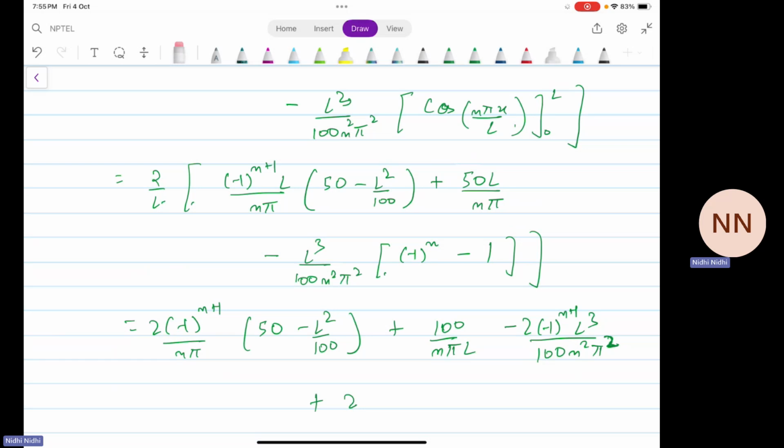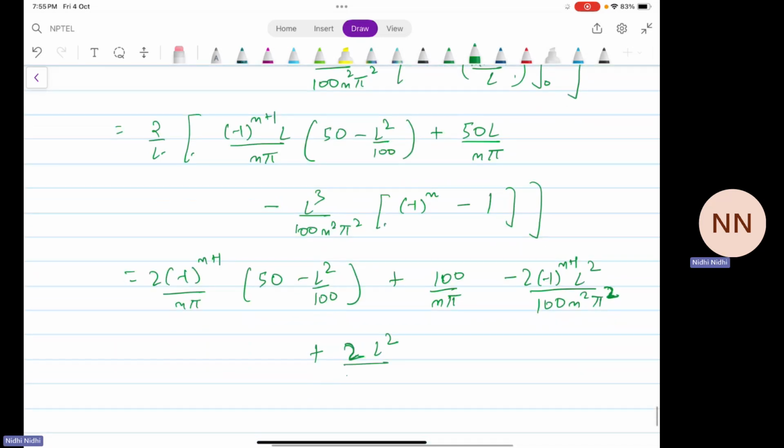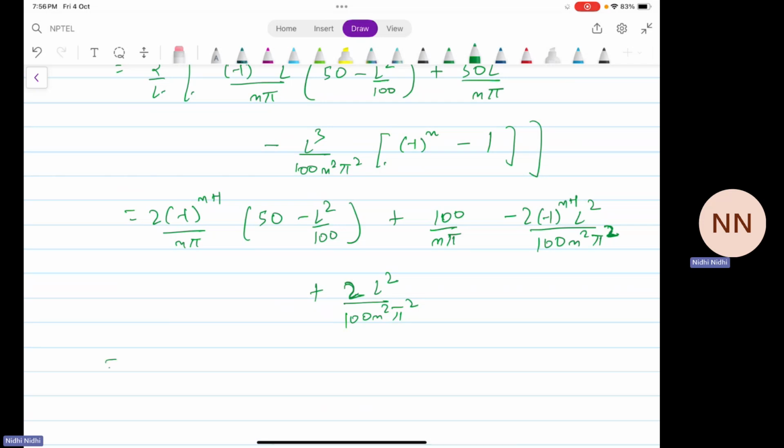So the L got cancelled out, and here we will have L square. So this is 2 L square by 100 n square pi square. That's it. If you want, you can simplify it further, taking 2 minus 1 to the power n plus 1 by